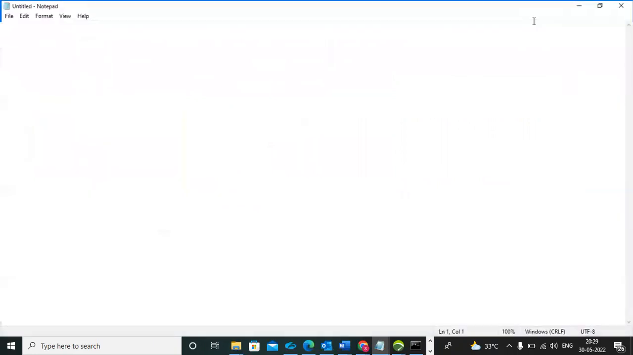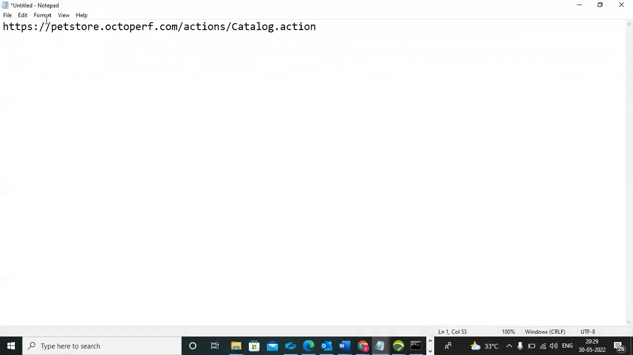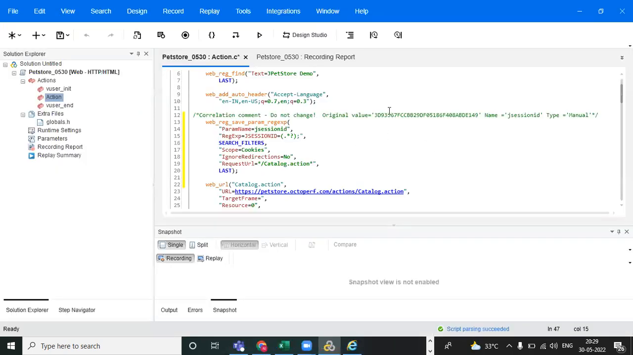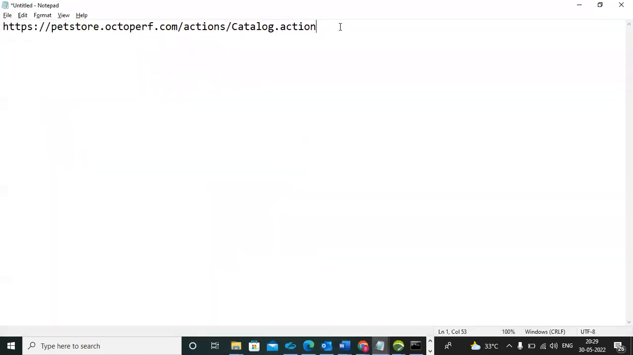Now you can observe here. I think the J section ID we have not copied up. Yeah, here it is, right? I'm copying this. Okay, this value, right? Now see, this is the